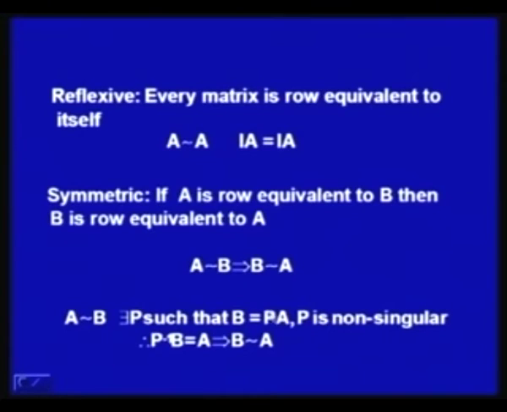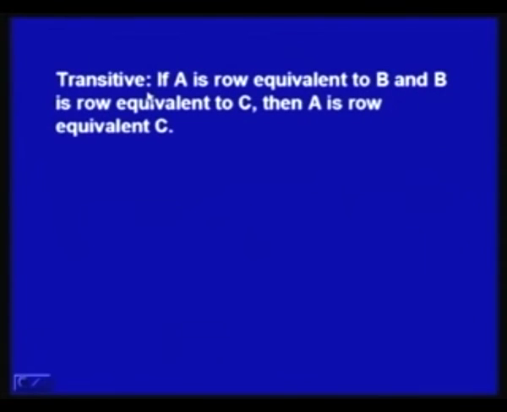So, since P is non-singular, P inverse B will be A. That means if you multiply by P inverse on both sides, then P inverse B is P inverse P multiplied by A, which is nothing but A. So, P inverse B is A, and if P inverse B is equal to A, that simply means that B is equivalent to A. That means we started with A equivalent to B, and what we have is B equivalent to A. That is, if A is equivalent to B, then B is also equivalent to A, and that proves the symmetric property of the operations.